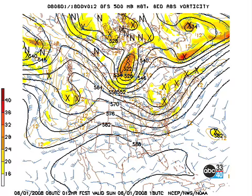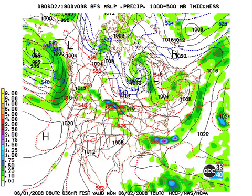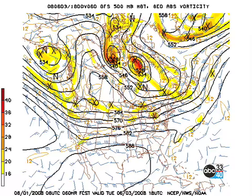Here's the 500 millibar pattern for today at midday, 1 o'clock. You can see that ridge migrating a little bit further to the west, and there's the frontal zone primarily across Tennessee, but of course I think we'll see isolated storms kicking off ahead of that front. The front remains in the area on Monday, and I think actually it looks like a pretty good threat of rain on Monday. The ridge flattens a bit, but also